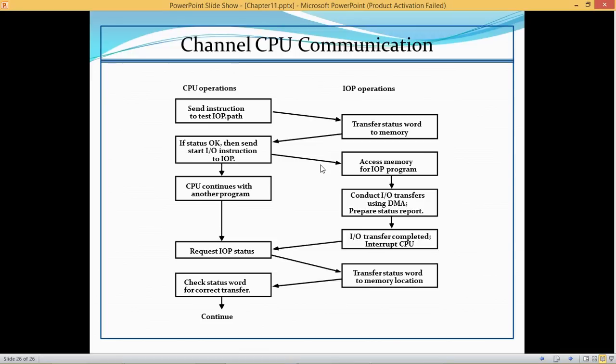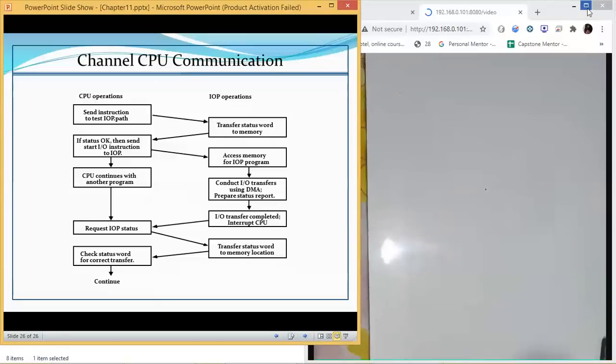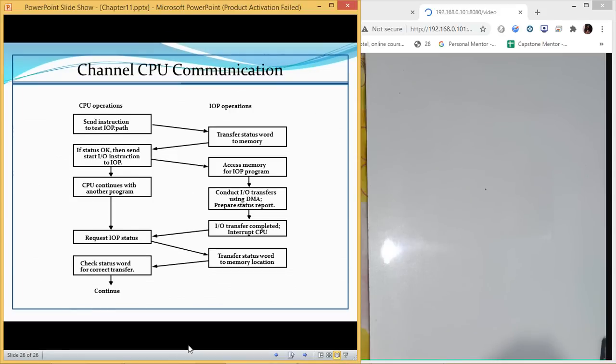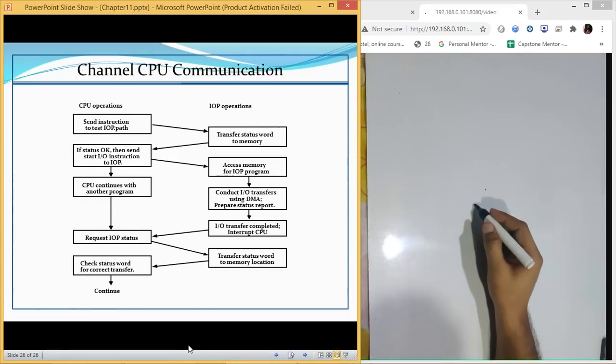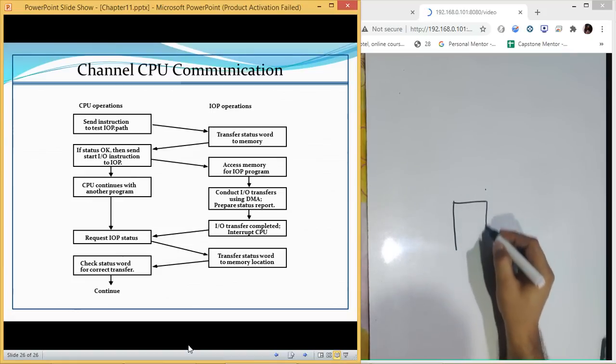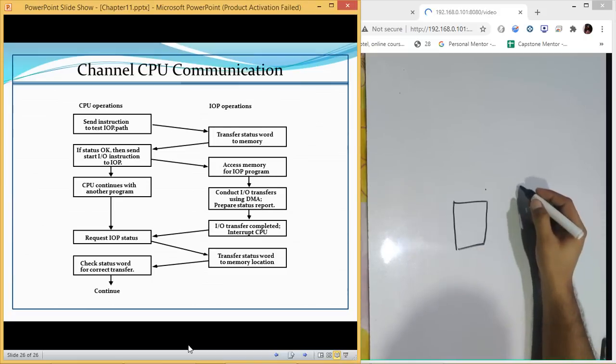let me just show it to you on the board. Okay, so what they are doing is actually sharing a common memory. They are sharing a memory path. Like, this is memory, and there are two processes.